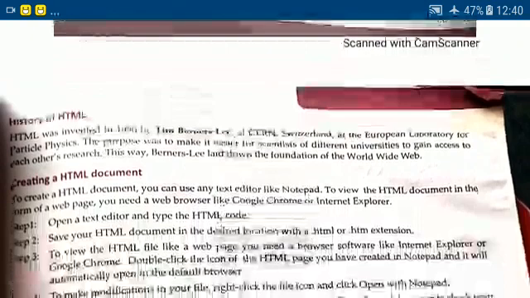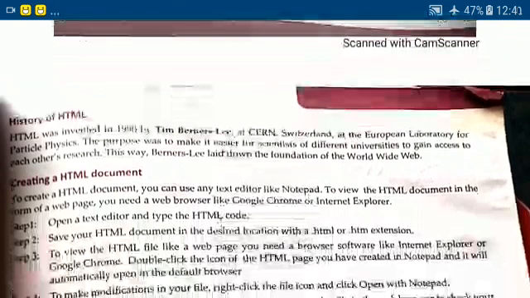Tim Berners-Lee is the person who invented HTML at Geneva, Switzerland, at the European Laboratory for Particle Physics. The purpose was to make it easier for scientists of different universities to gain access to each other's research. This way, Berners-Lee laid down the foundation of the World Wide Web.